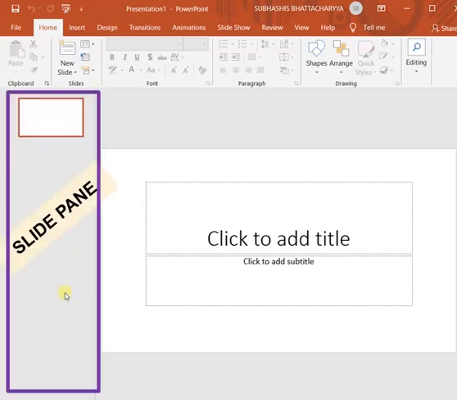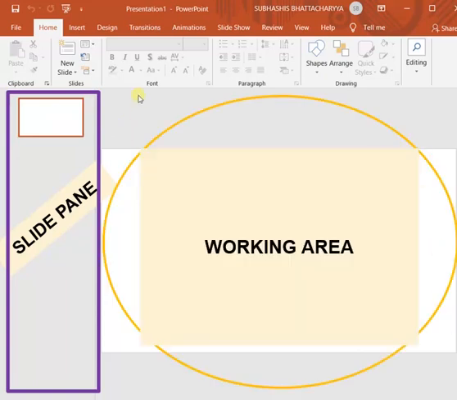That means it shows all the slides present in our presentation, and whichever slide we select in the left side becomes our active slide, and that is shown in the right side, and this right side is known as the working area.